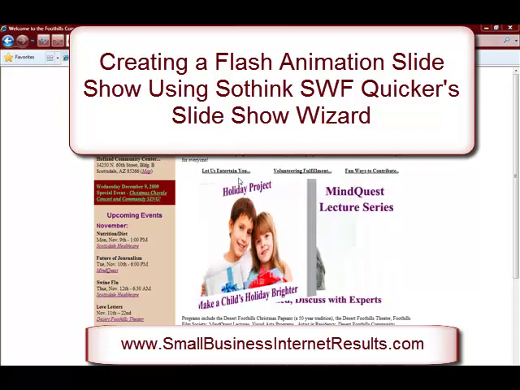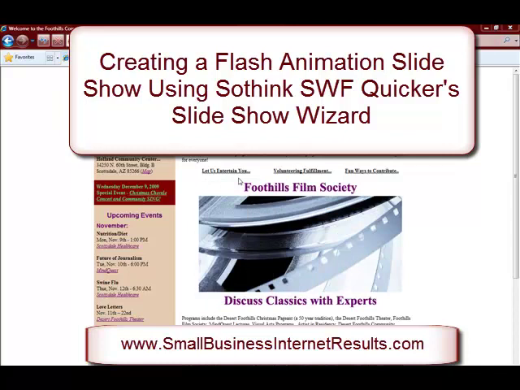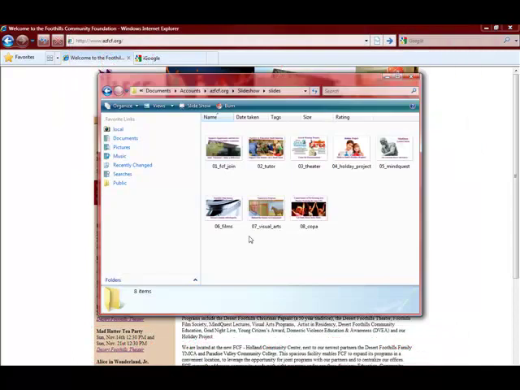very quickly and easily. The one thing to note about the Quicker Wizard is that it is largely what you see is what you get through the wizard process, and it doesn't lend itself to easy tweaking or modification once it's completed. So you want to make sure you get the wizard right, and then use your slideshows. And when you become comfortable with it, it doesn't take long at all to create something that looks very nice